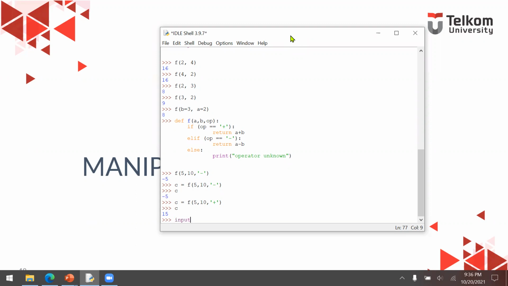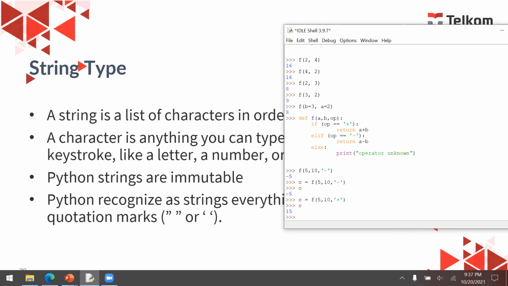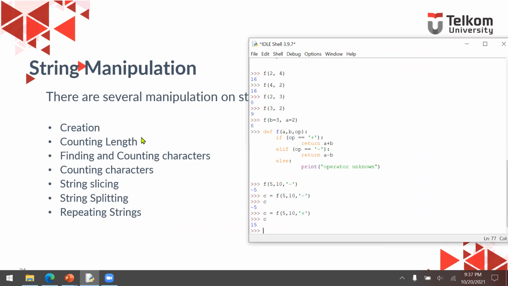The input will return a string. Now, there are several methods and also functions that we're going to elaborate for this fifth class. So, first is the string manipulation. How to create a string?